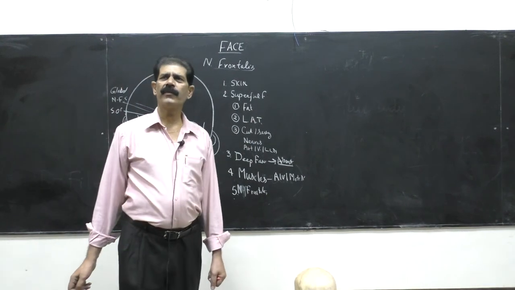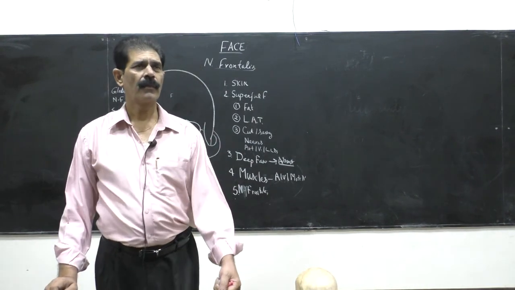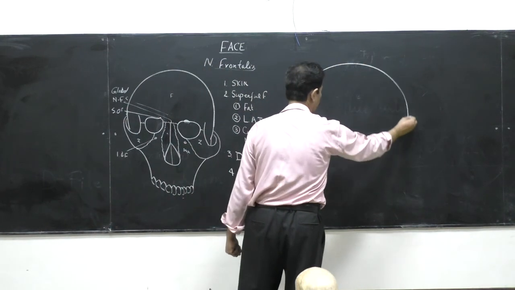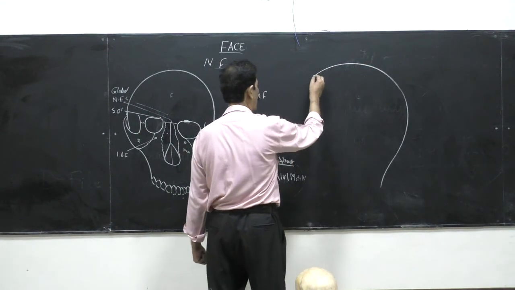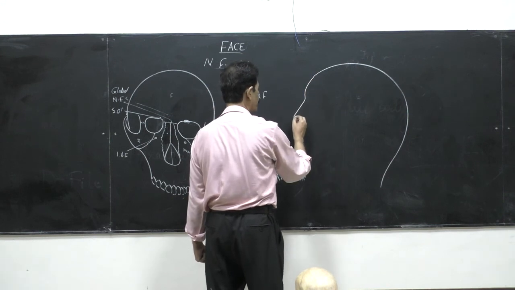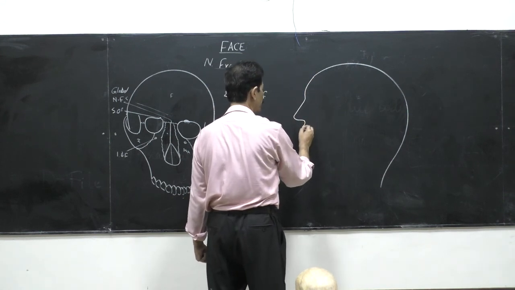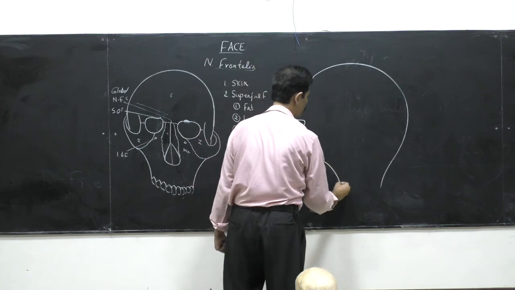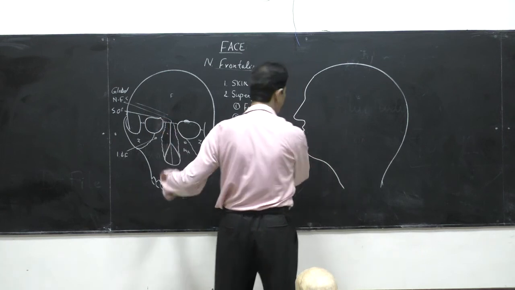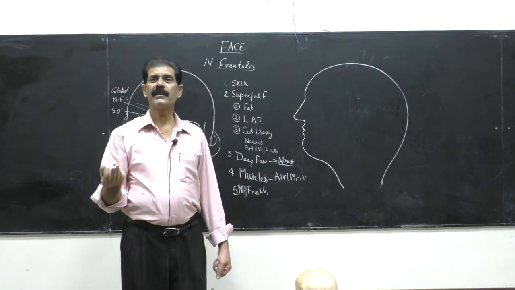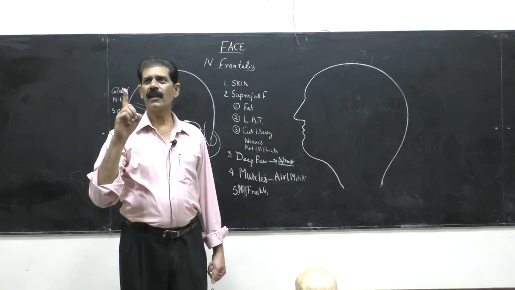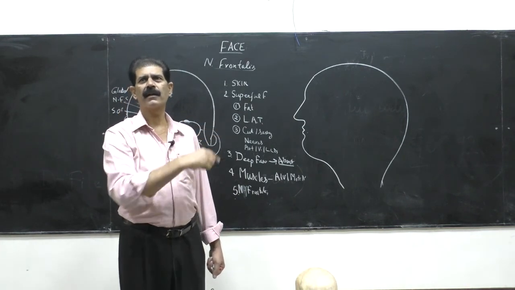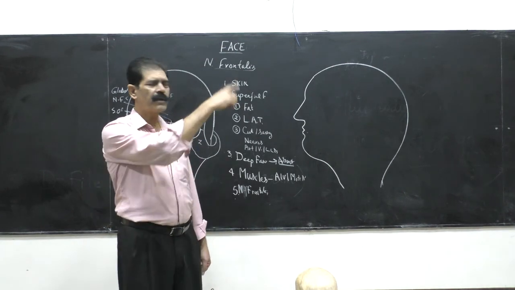So whenever a question of the face comes, any question regarding the face, try to make this diagram. Half of the face, because the face is bilateral, symmetrical. What is on the right side, same is on the left side. So if you are making the front of the face, why waste the time? So this is number one. Always make this diagram, side view of the face. Practice it 100 times. Then it will be symmetrical.